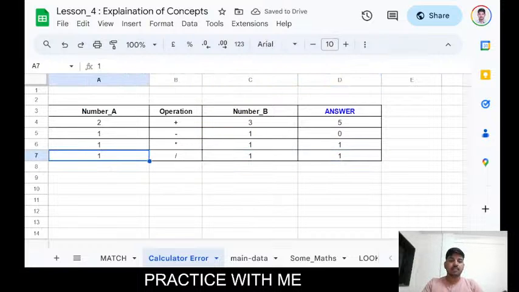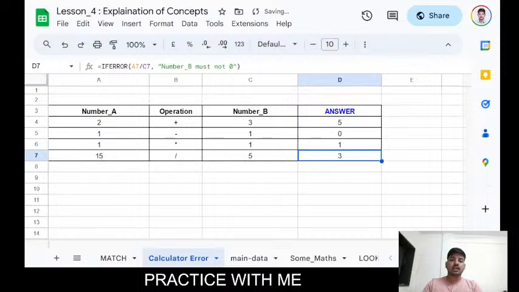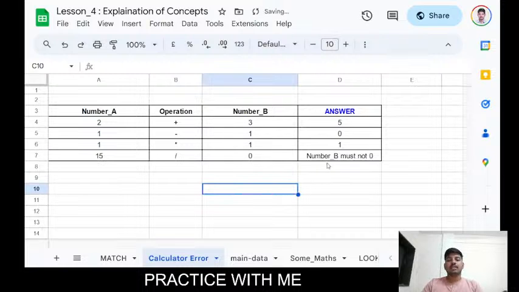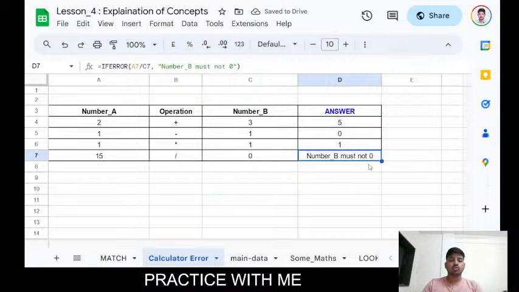So now it is dividing me. See, I divide 15 by 3, and now it is giving me correctly 5. If I do this with 5, it is giving the correct 3, but whenever I do 5 divided by 0, it is going to show me that number b must not be 0. So you are anticipating that this error will come, and to handle that error you are going to use the formula IFERROR,